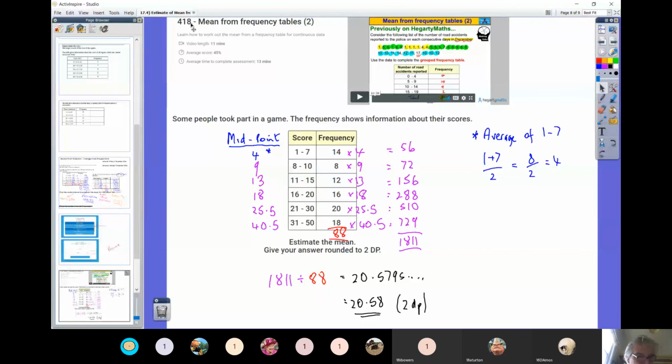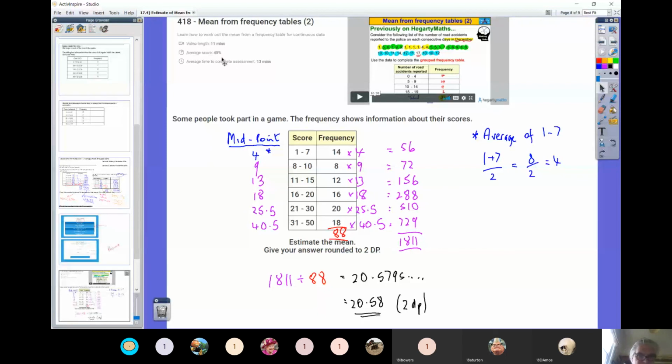It should say it's all there ready and waiting for you to do, but I've noticed that it's being very slow to upload at the moment, anything that teachers are putting in. And I guess that's because so many kids across the country are using it. So if you haven't been set the task 418, I still want you to do it anyway. You're just going to have to go and search for 418 and do the exercise anyway, whether or not it's prompting you to do so.